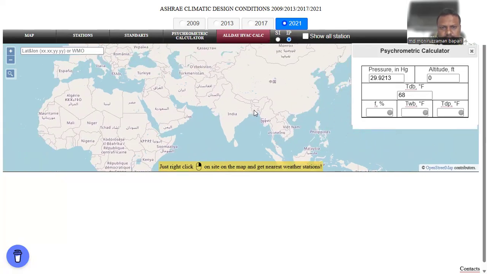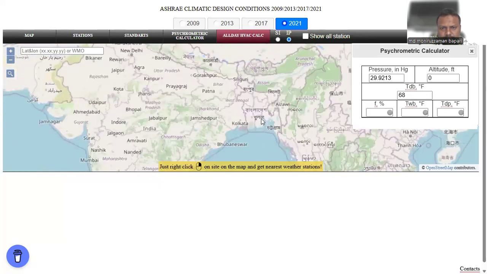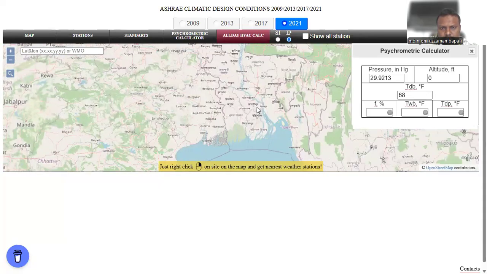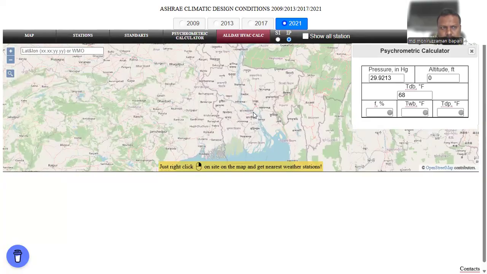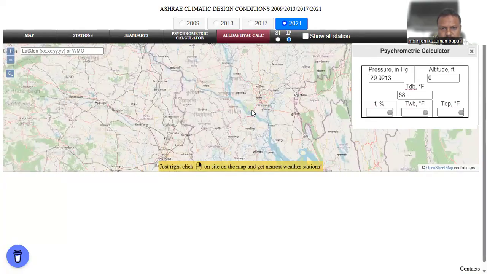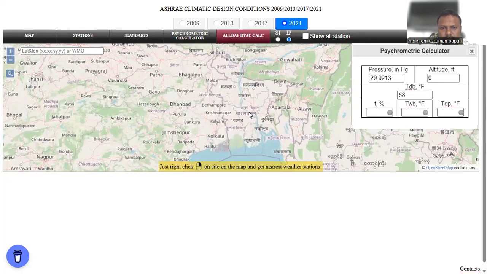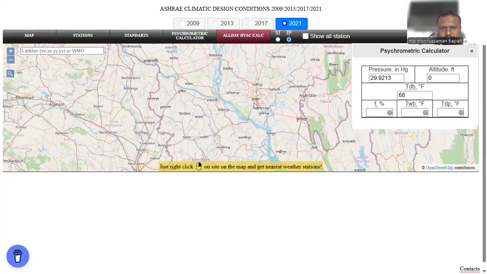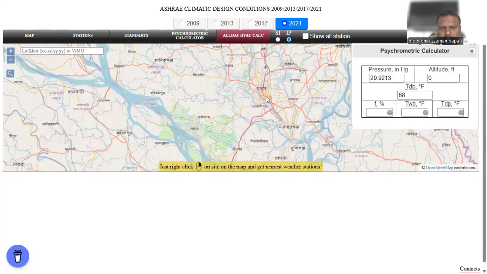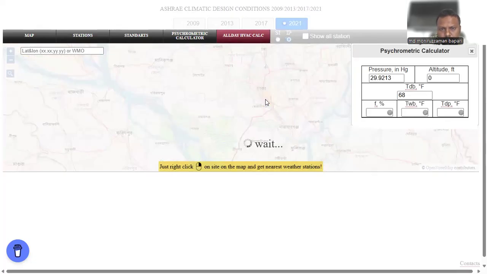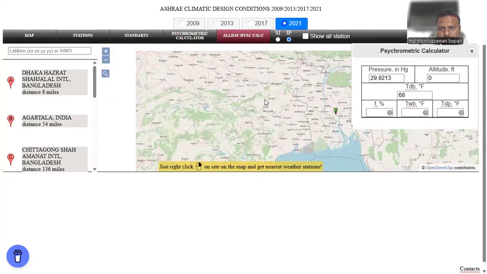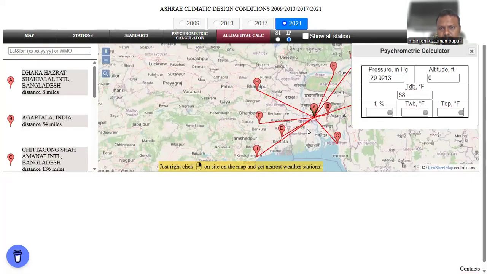Now let's zoom in. Here is my beautiful motherland. Now, how to zoom in? It's very simple. Scroll in, you can zoom in. Scroll out, you can zoom out. Now to find out the perfect location, here is Dhaka. Yeah, I'm going to do right click now. Okay, as I did right click,